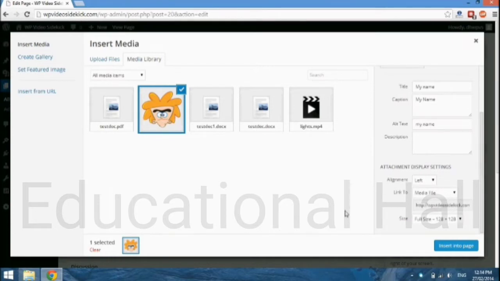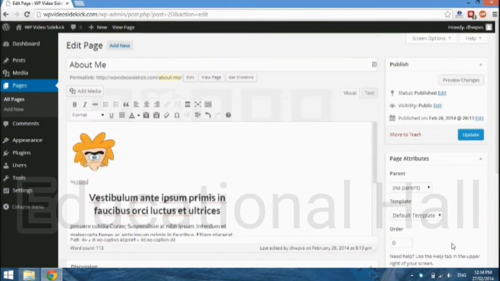And what you would have been able to do is select the particular size from this drop down list. But because, like I said, this image is so small, it's the only one that I have available. So I can just select insert into page, and